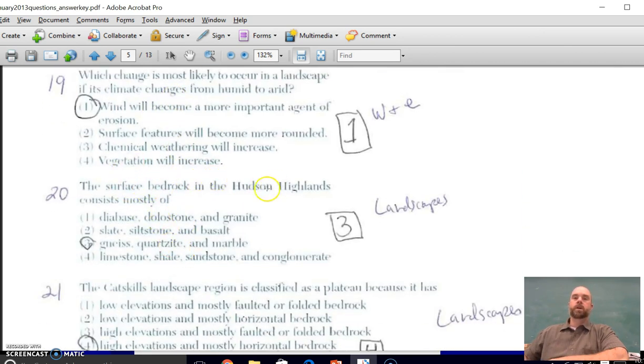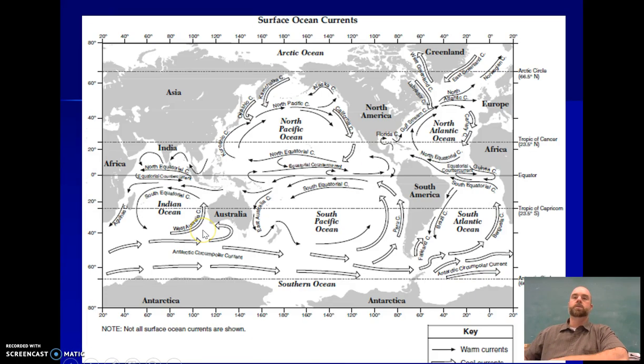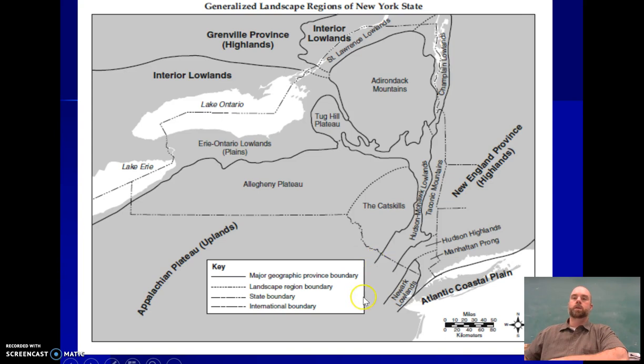The surface bedrock of the Hudson Highlands consists mostly of. All right, another ESRT question. If we go here, we're going to check this one out. So I like to go to this one first. The Hudson Highlands is here. And then I see the Newark Lowlands is this little bit here. So I'm going to look for this little bit in the spot directly above it to find out what type